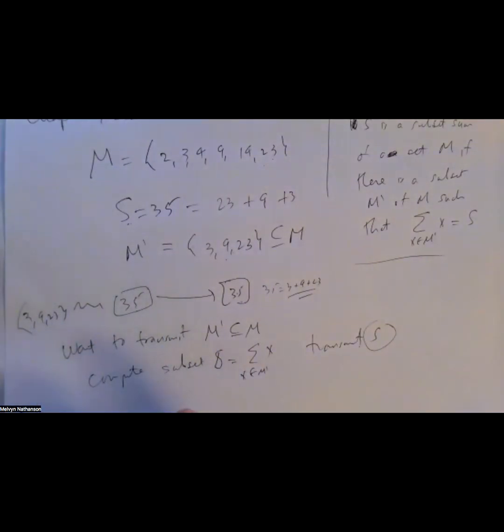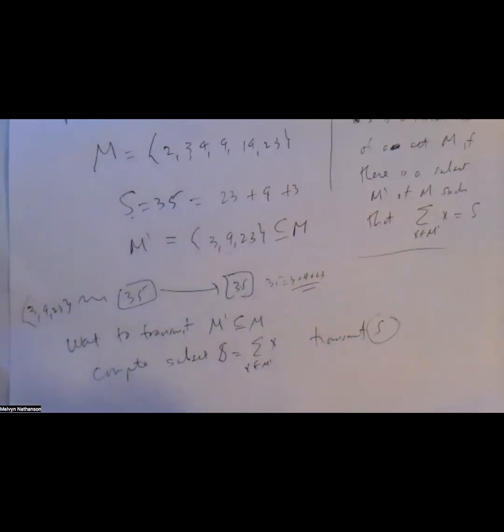Right? So this is a very, very rough approximation. We're going to separate ourselves from this in a minute, of how you might use a subset sum to send a message. Now, of course, there's a problem that it might not be uniquely this set of three numbers that